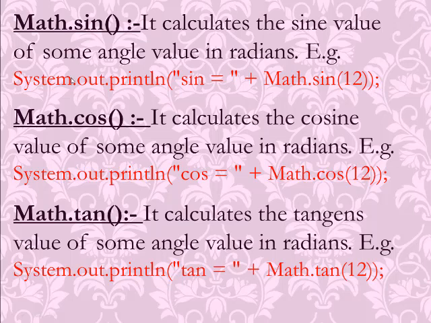Next, the trigonometric functions. Math.sin will return the sine value of the given angle, and this angle should be given in radians. It will not accept degrees. Whatever you write, it will consider it an angle in radians. Similarly, Math.cos will return the cosine value of the given angle in radians. The angle you will write within parentheses. And Math.tan will return the tangent value of the given angle in radians. These functions are used as Math.sin, Math.cos and Math.tan.